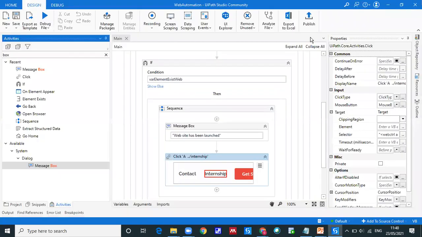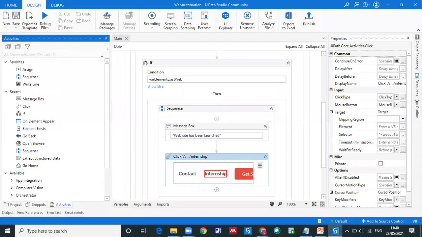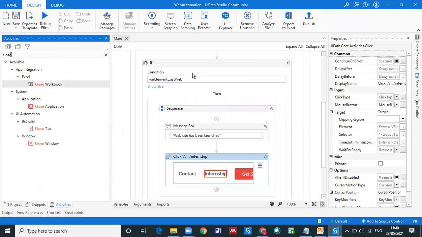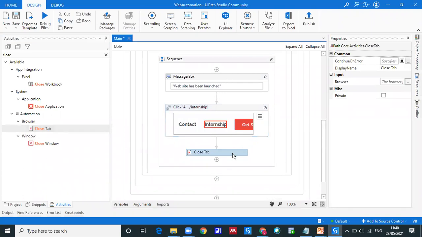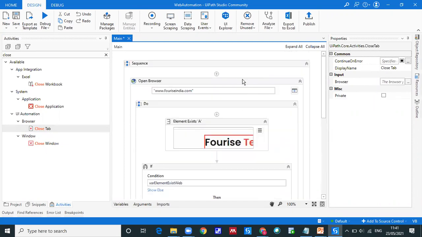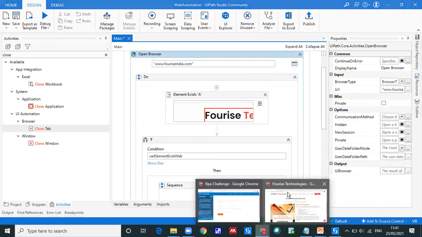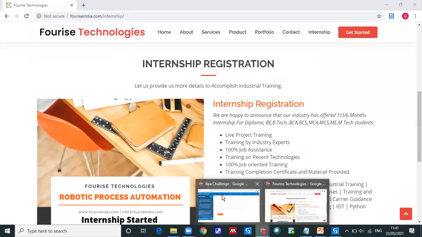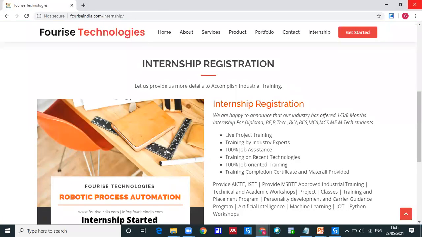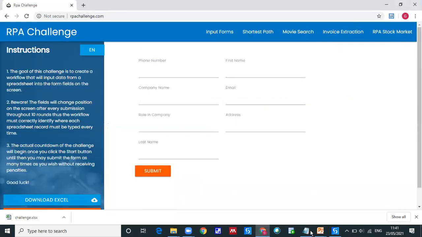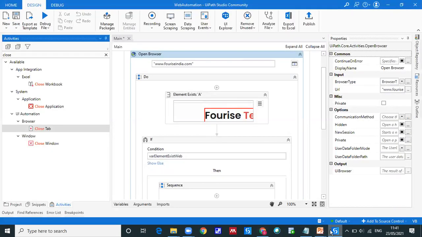And in addition to that, we can add some other activities like close the tab. I also want to show you close the tab. For close the tab, we require some input parameter. What is that? Input browser. From where will we get it? Right now we have two browser activities, so two pages have been opened here. So what I will do is assign a name for this particular browser and close that particular tab itself. So let me code for that.